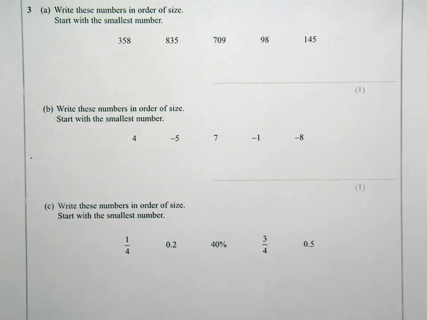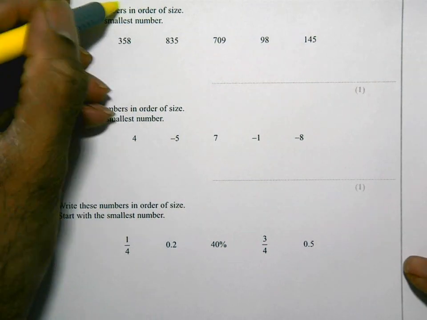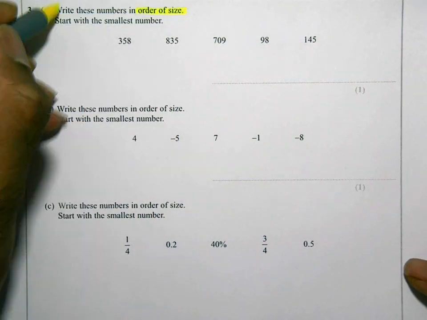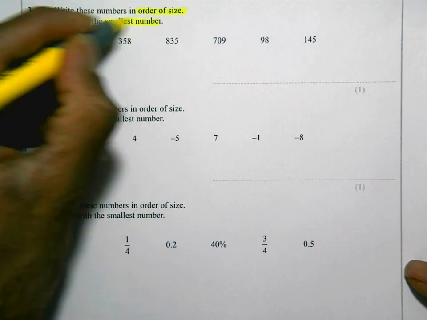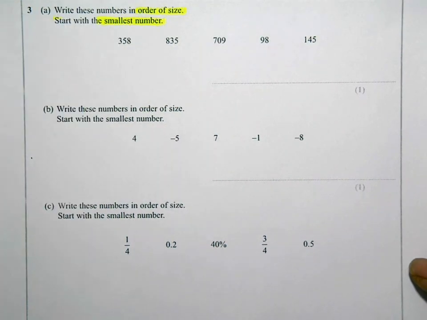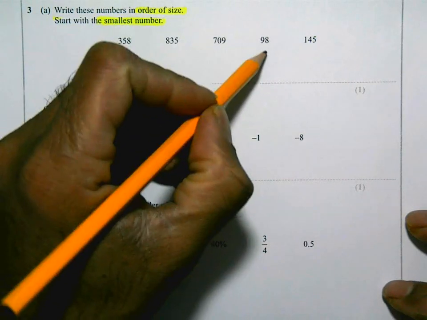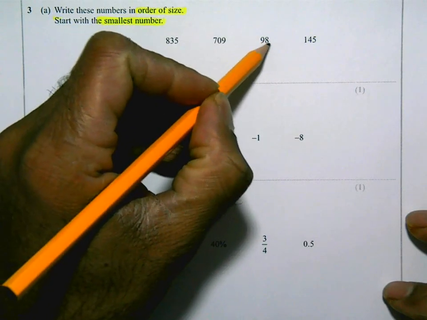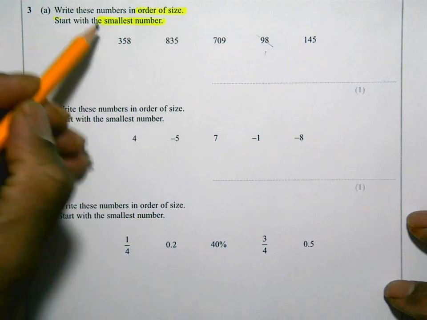Okay, this is question 3 on the foundation non-calculator paper, and let's do first things first, read the question. Write these numbers in order of size. Start with the smallest. So the question goes smallest first. I have to admit, doing this, I'm going to sort of work my way through them, and that's going to be the first one. Right, that's smallest, 98. The next one is